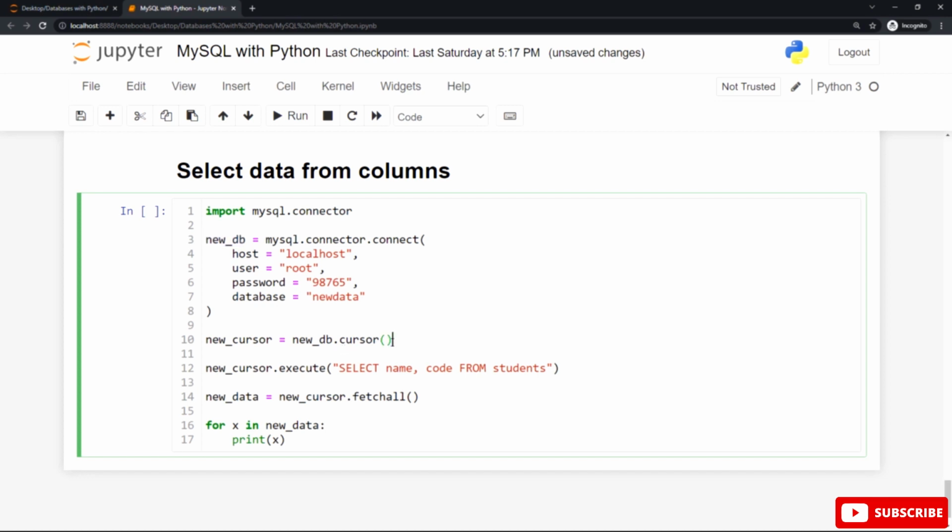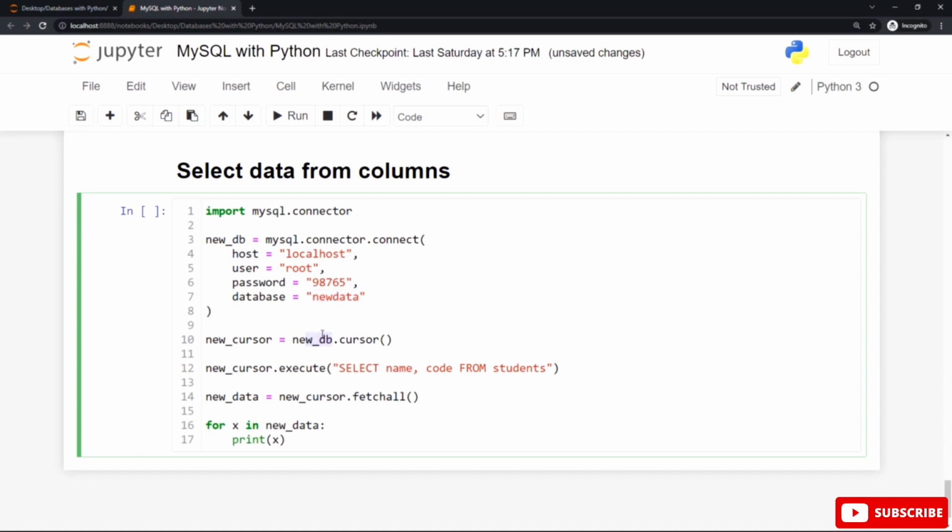After that, you can see the cursor method to execute the MySQL statements. We assign this cursor to a variable called newcursor. We use it with this connection newDB for the database called new data.